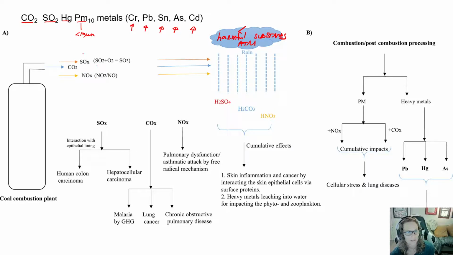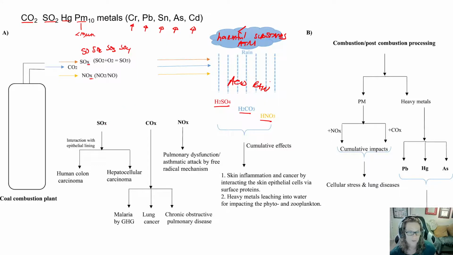And when that happens, we get SOx, which means it could be SO, SO2, SO3, SO4. So any of those combinations, that's why this X is here, same with the nitrogen. And they help to form sulfuric acid, carbonic acid, nitric acid. And so that's acid rain. And that is a topic we will talk about in a few days, but obviously you should know a little bit that it's making the water acidic, and we know that it changes the pH, and that affects plants and how they grow and other things in the environment.